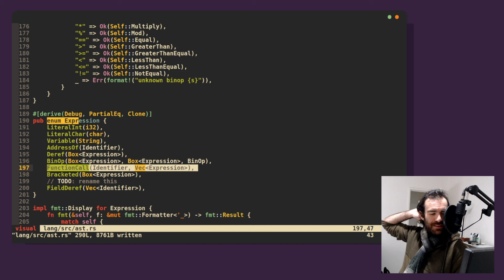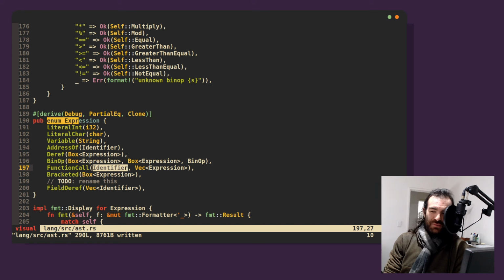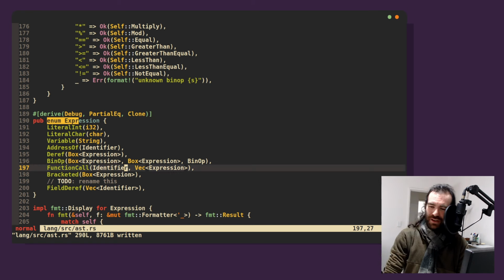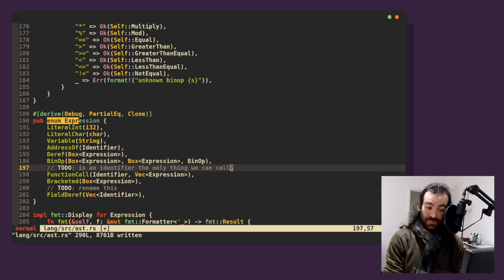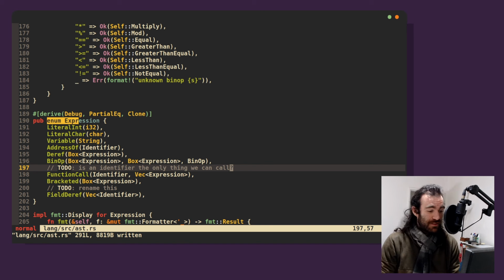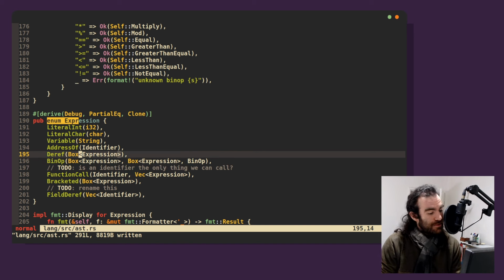Maybe as long as the function call, the thing that we're working with, is an expression that ends up... No, but there's complications here, right? Okay, I'm gonna put a to-do here as well. To-do: is an identifier the only thing we can call? Do we want other things that are callable? That would be really interesting. The other thing that uses an identifier